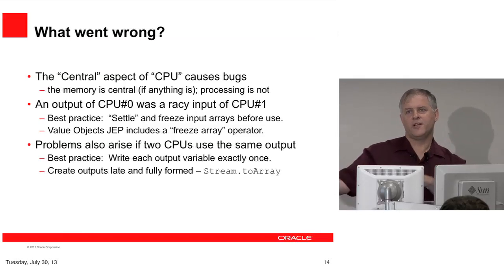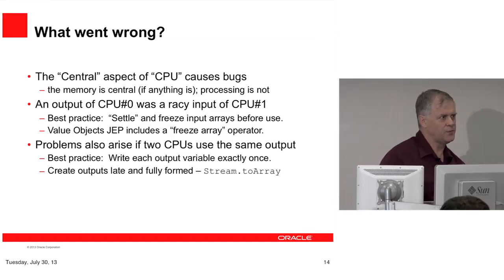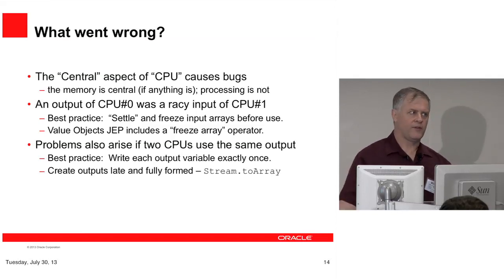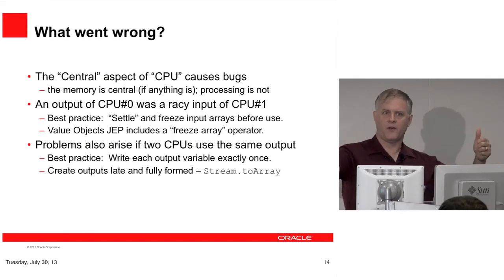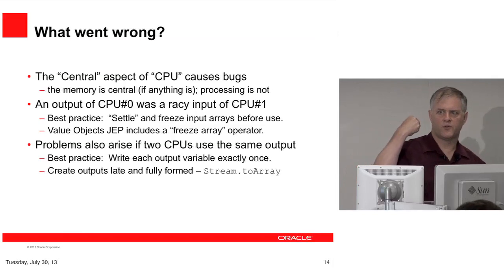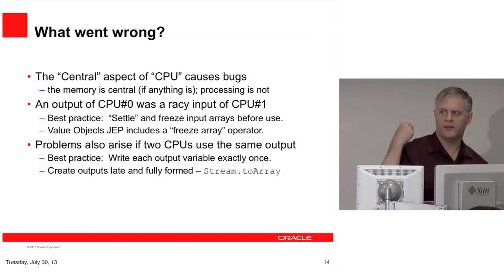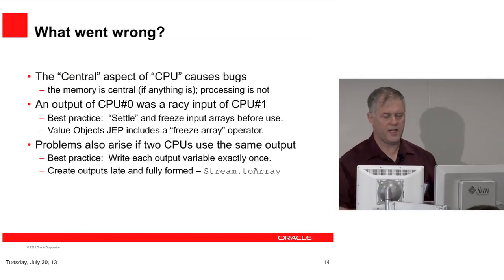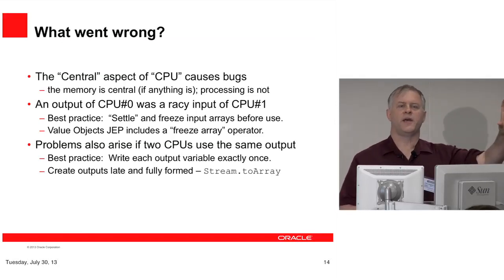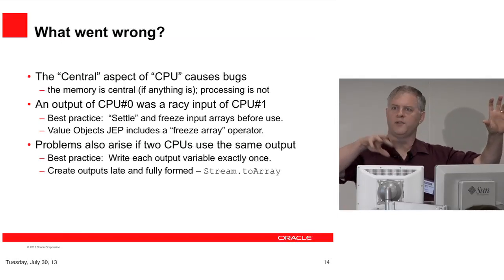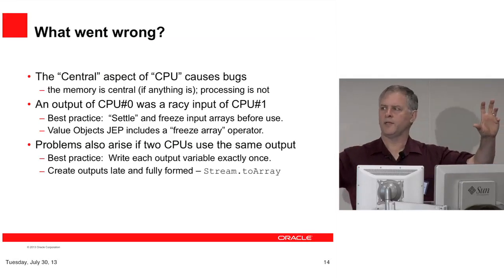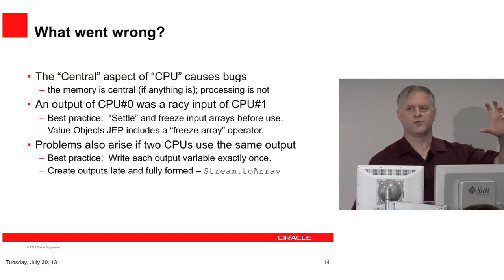I would probably add a freeze operation at the end of that just to make sure no one would ever change the results. But logically speaking, you have a nice stream pipeline that ends up saying, okay, here's the answer. You've never seen this array before, so you never had a chance to put a race condition on it, and now you're just going to read it. So this is a safe idiom compared with first make a result and then do a bunch of multi-threaded stuff that's really okay, I promise, and then somehow all the answers are in that result. That's not a good way to program, in my opinion.